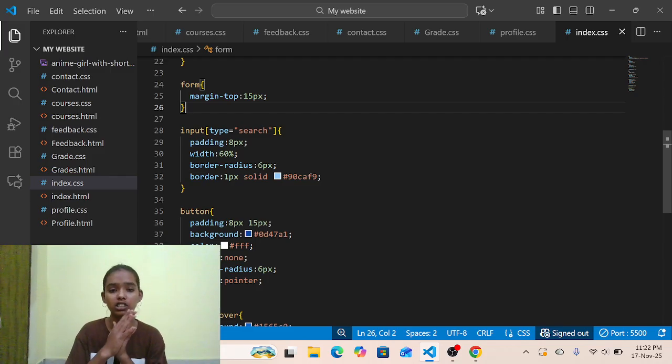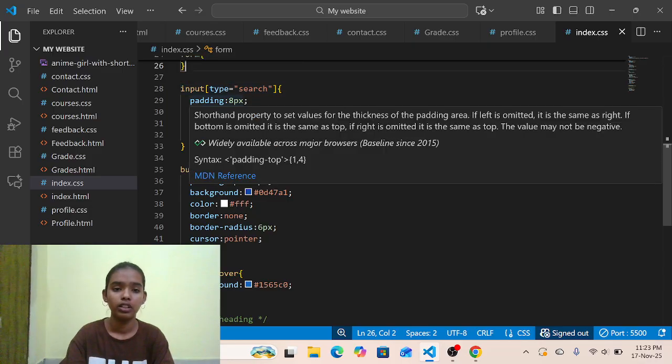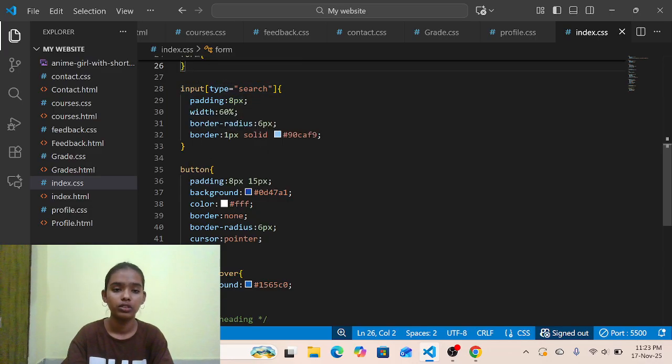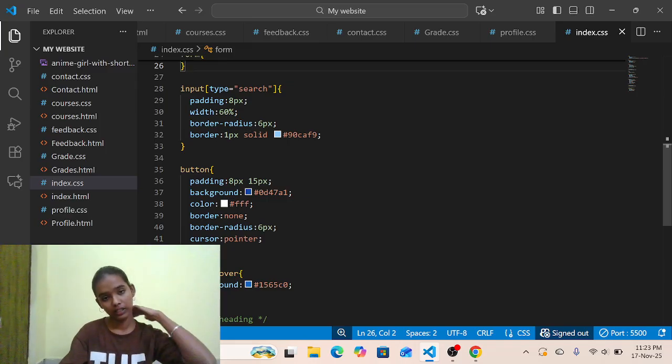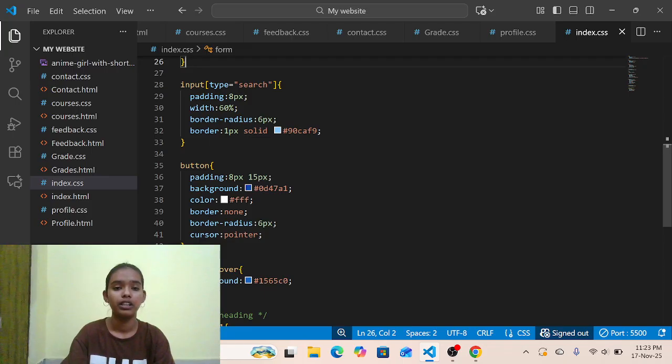I use margin top, which is top margin, of 50 pixels for the form. Then input: for input I'm using padding, and input type search for the search option.